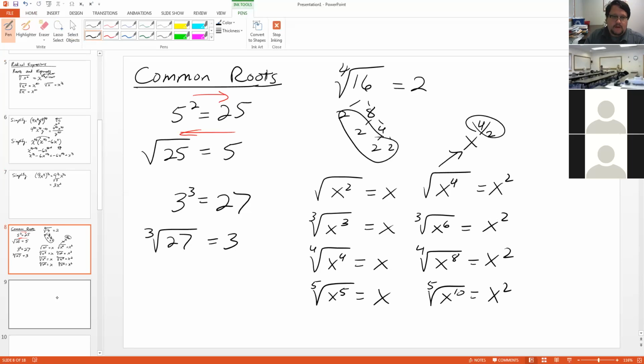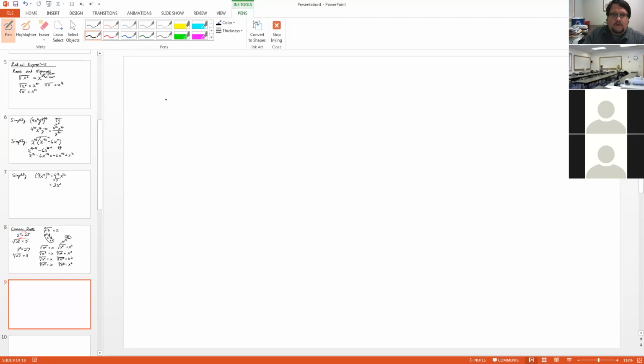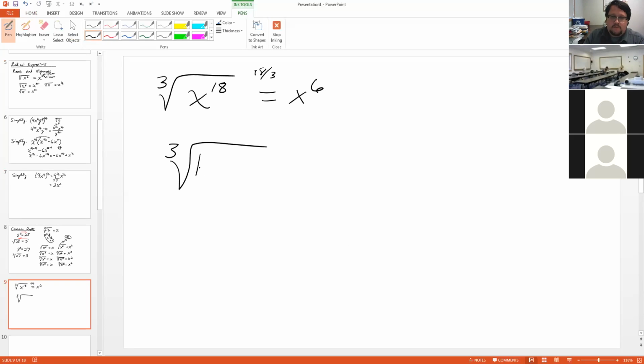So if you had the third root of x to the 18th power, you're going to take 18 and divide it by 3 and get x to the 6th. So all you have to do is divide the exponent by the root. So if I gave you, tell me what the cube root of 125 x to the 6th y to the 12th is,